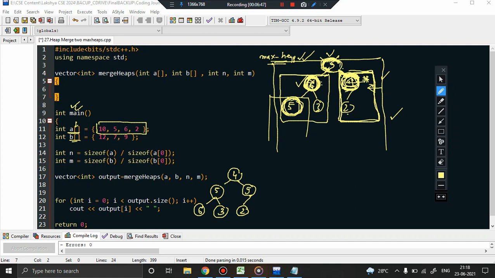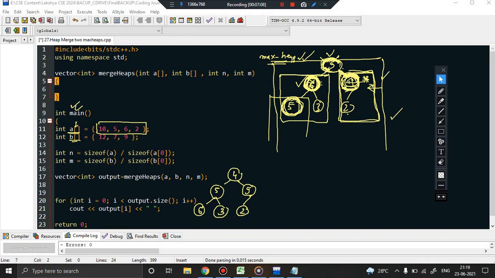We first of all locate the last non-leaf node. From the last non-leaf node we will traverse till the root. Every time in each iteration we will pick up a root node of any subtree, and then we will look at its left child and right child. Whichever is larger among the children, I will just swap the root value with the children value. Got it? So this is how things have to be done.